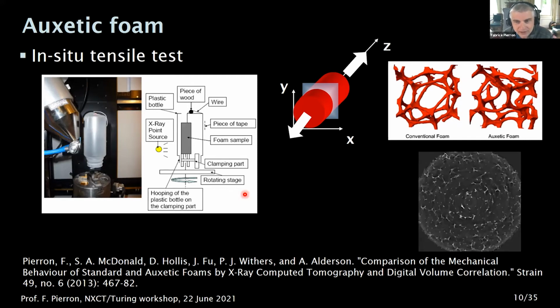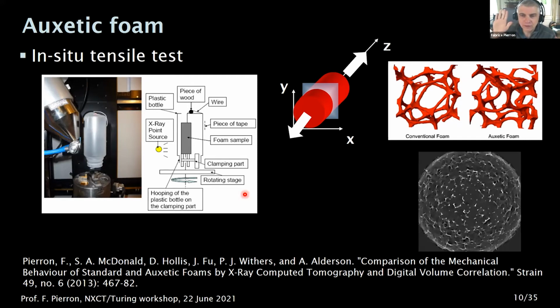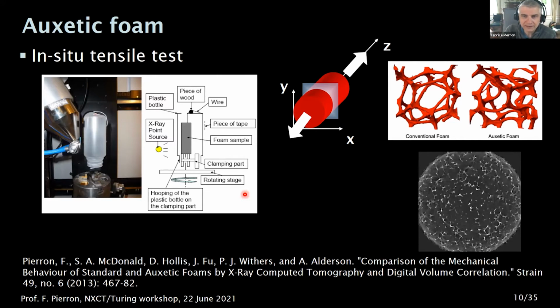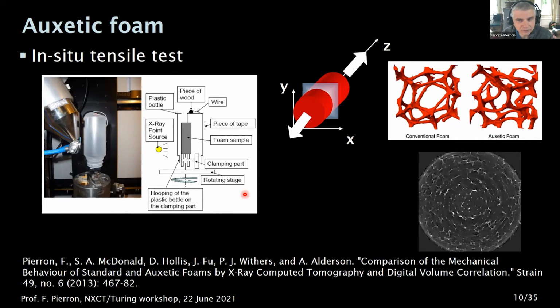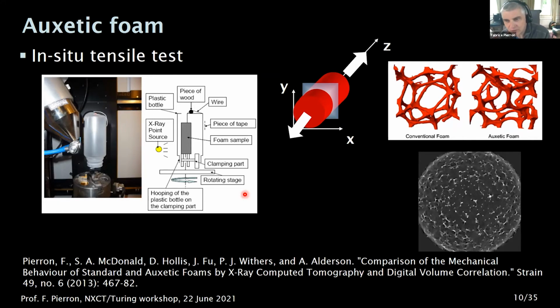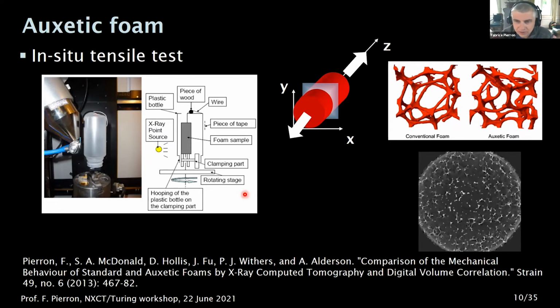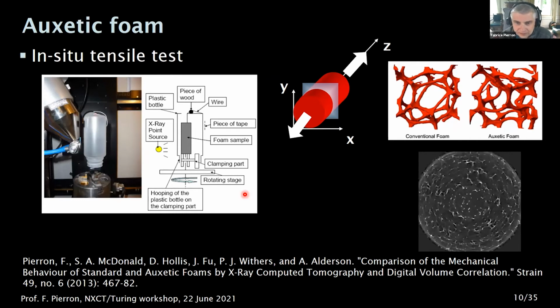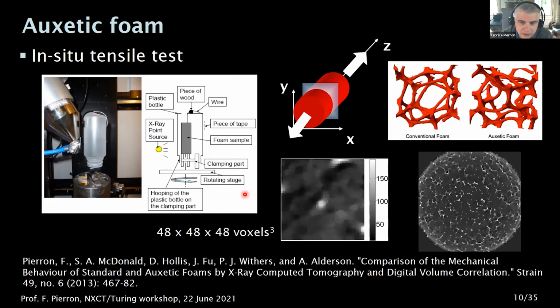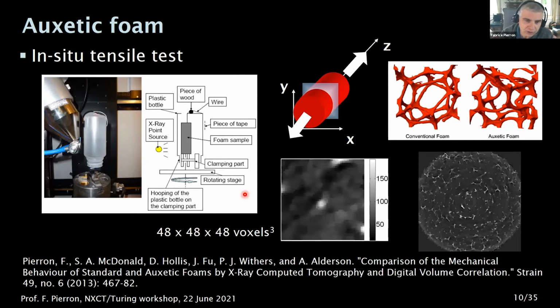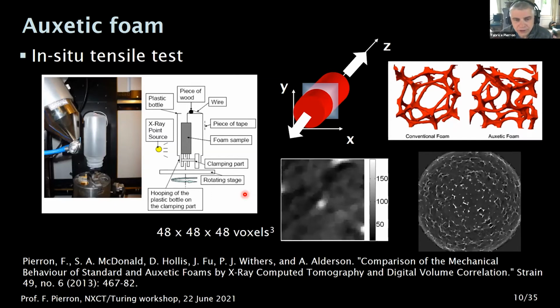The data was collected in Manchester. So this is just a view of going through the Z slices along the axis of the cylindrical foam sample. The bright bit is the cell wall, and the dark bit is just air in the pores. DVC was performed by Dave Hollis from La Vision, and after a noise study, we converged into a 48 cube